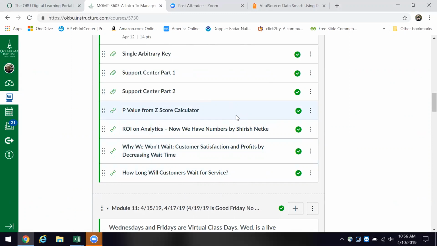So that's one of the ways to take a z-score and put it into context. And then I mentioned to you an ROI on analytics. What kind of return on investment do we get when we use them? And then I have a couple of resources, as I mentioned the other day, on customer satisfaction and wait time. All right? So we've got that done, and now we'll be ready.